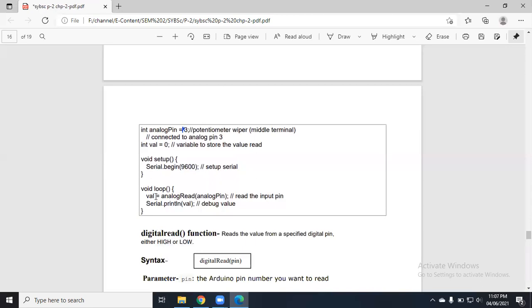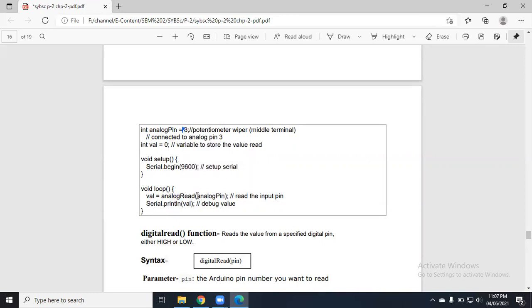What is the data we are writing in this void loop? First, the val variable, which is equal to what? We are going to read the analog pin, this pin A3, and whatever data is present at that pin is going to be stored in the val variable. So with analogRead, we are reading that analog pin.